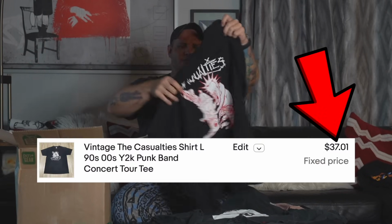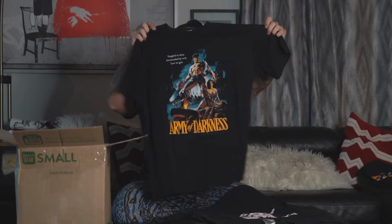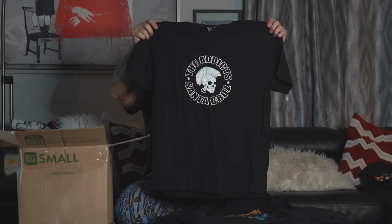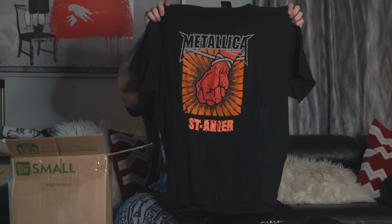Casualties. What do we got? Cut tag, on the Army of Darkness cut tag. I think that's a 2000s one. Yeah, 2008 Army of Darkness. The Addicts, 2005, 2006. We have, there's a vintage tag. 90s Giant tag. All right, there's a good Metallica. That's a solid Metallica piece. 2004